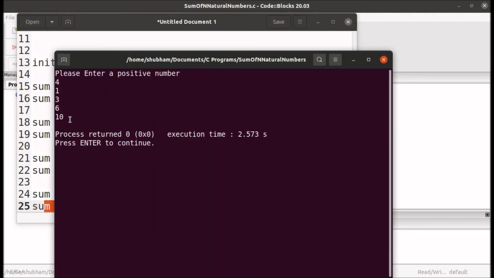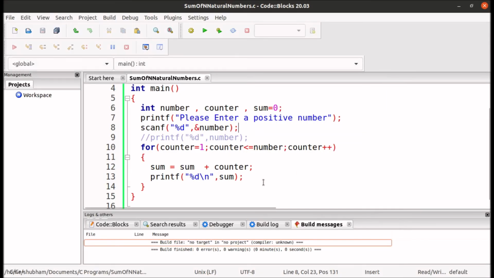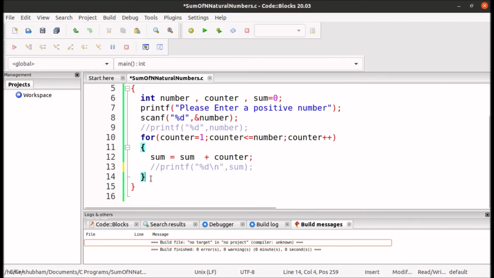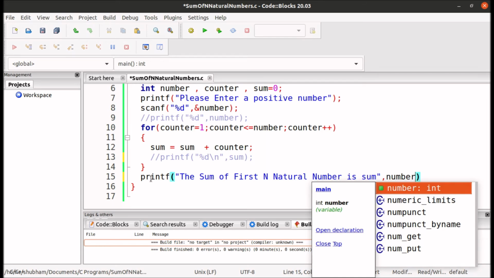So this is what I want to print, only 10. I don't want to print the intermediate values of sum. So let's update our code. Let's comment it out, and let's print the value of sum after our for loop has completed execution. So the sum of first n natural number is sum.